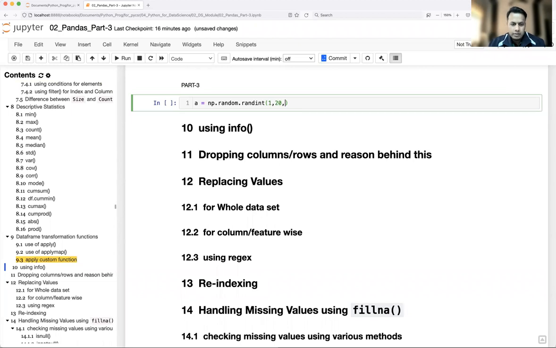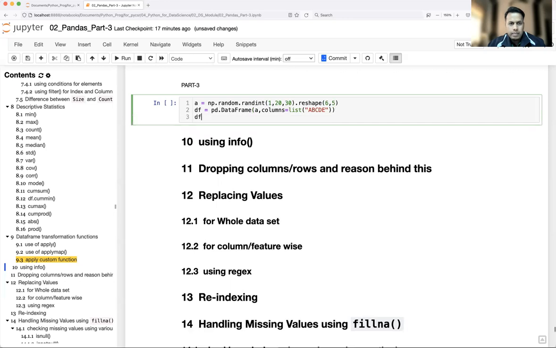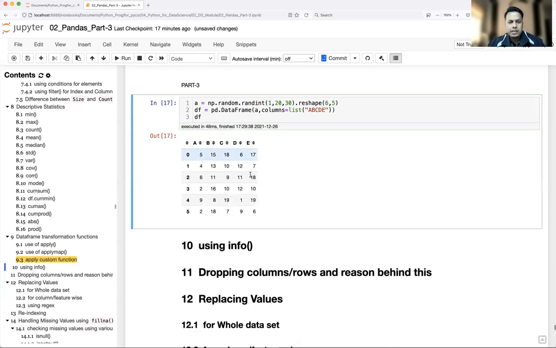I want 30 values, reshaped to 6 rows and 5 columns. Let's create the DataFrame: pd.DataFrame from the array, with columns equal to a list. So this is my data frame.